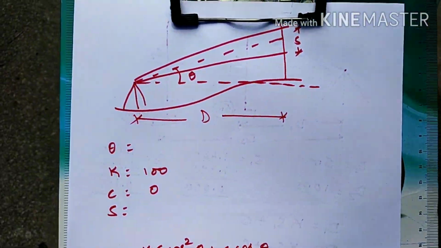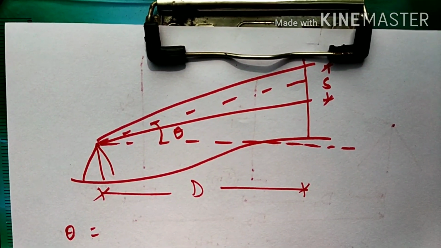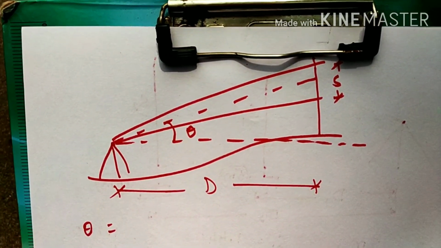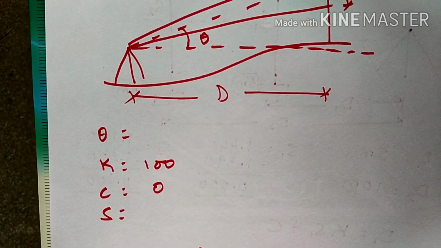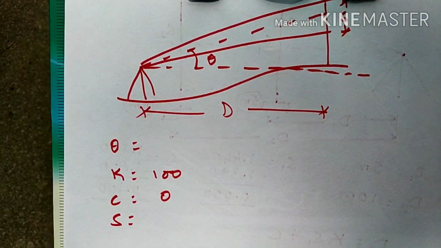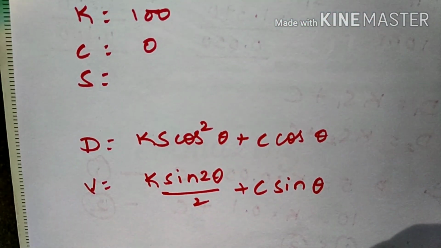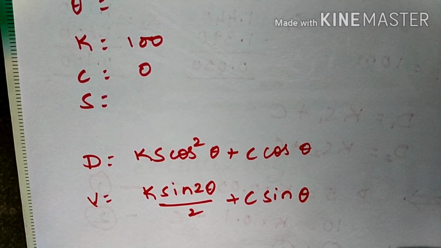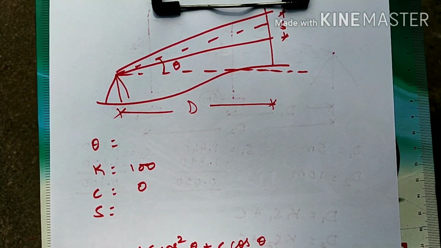Let's concentrate here. In this diagram I am showing you the theodolite station and the object, and the staff intercept S is determined, that is the difference between the upper and lower crosshairs, and also we are noting down theta, that is the vertical angle. The K and C values have already been determined, that is 100 and 0. We have to determine theta and S here. Once we get those two values from the site, we can use these expressions, D is equal to K S cos square theta plus C cos theta, and V is equal to K S sin 2 theta by 2 plus C sin theta, to determine the horizontal as well as vertical distances.